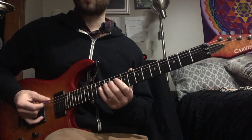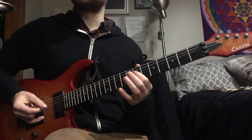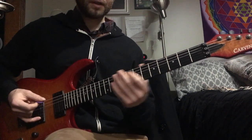You can keep going if you want. Or no. If you switch strings, it would have to be a little bit of a different fingering. It'd be pointer, pinky, and then middle finger twice. So I just went from G to G, so we got...